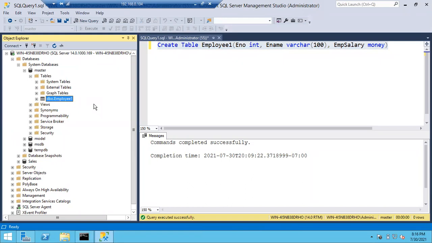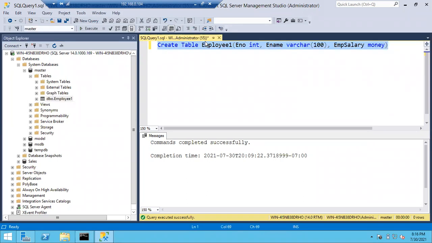Again, very important thing. Whenever you are executing any query, make sure on what database you are executing that query. A lot of people made mistakes and lost their jobs over this small mistake. Why? Because the customer will ask us to create a table in one database, but by mistake you select another database here. You simply run the query, and it won't raise any issue. It is simply going to create it in the master database. Whatever database you have selected here, it will be created in that database.